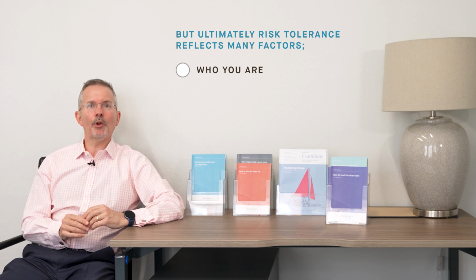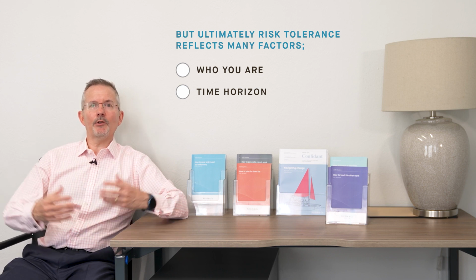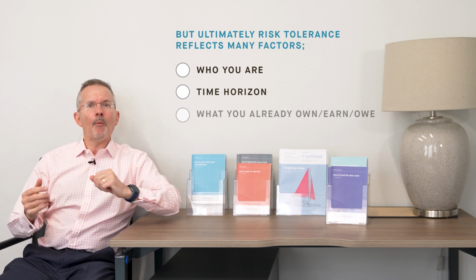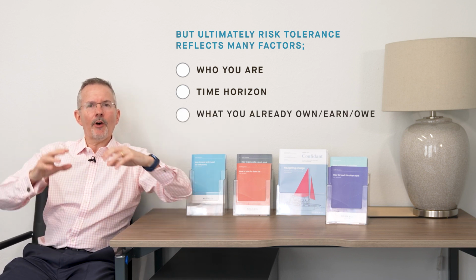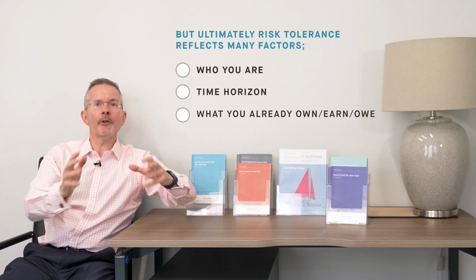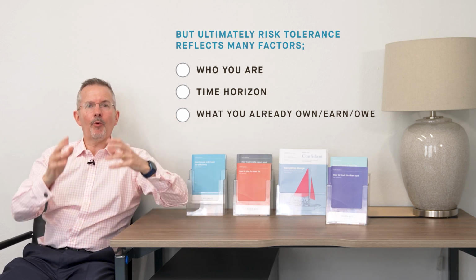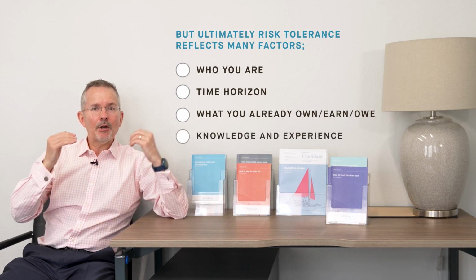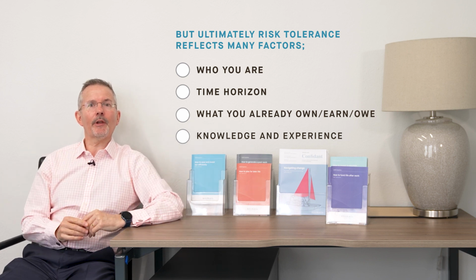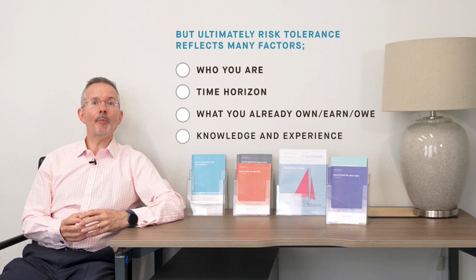Some people are naturally more nervous than others. It depends on your time horizon. Do you need the money back within 5 years because you're about to leave work, for example, or you've just got to buy something? All right. What assets do you have available to you? So if I'm looking at an equity basket, for example, is this something that can be passed through multiple generations, sheltered within a SIP, for argument's sake, or is it a more fundamental part of what you need for day-to-day living? How much knowledge and experience do you have? Some people are more comfortable with the more esoteric investments than others, or some people are more comfortable DIY investing than others will ever be, if you like.